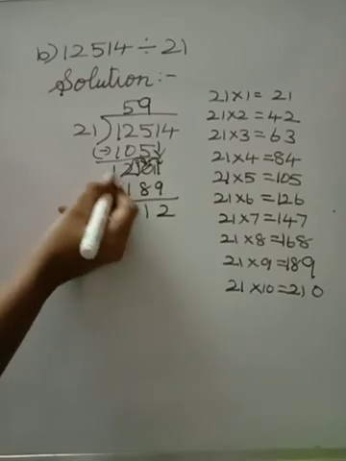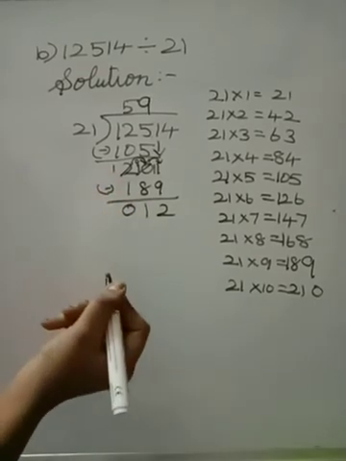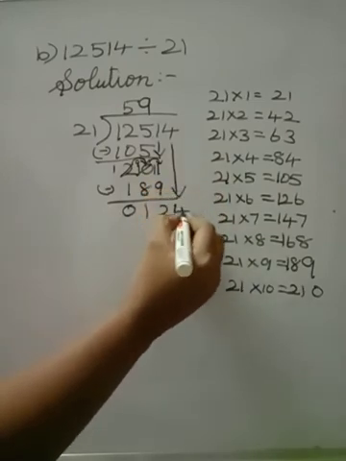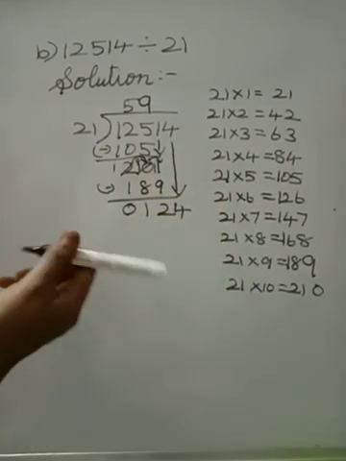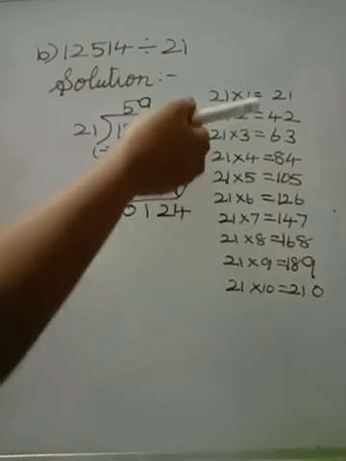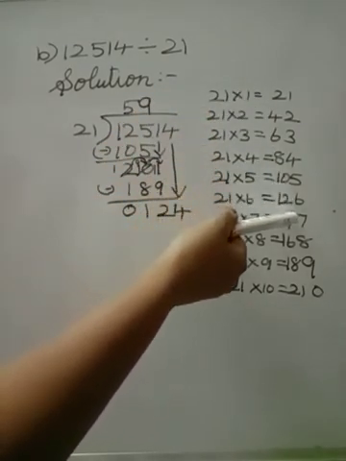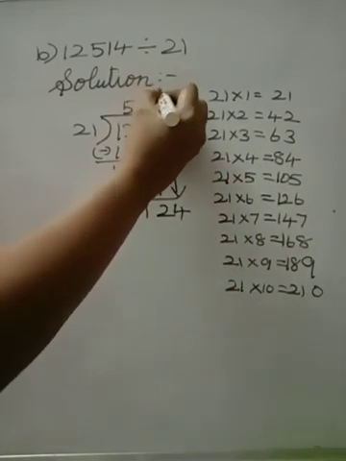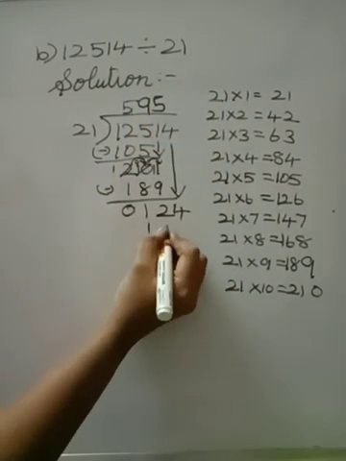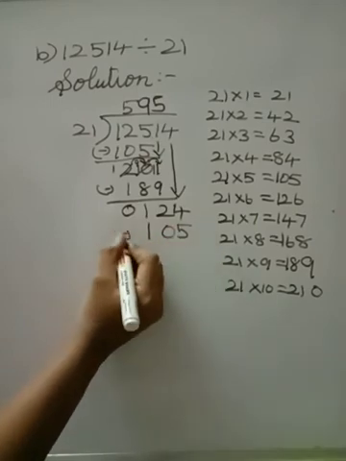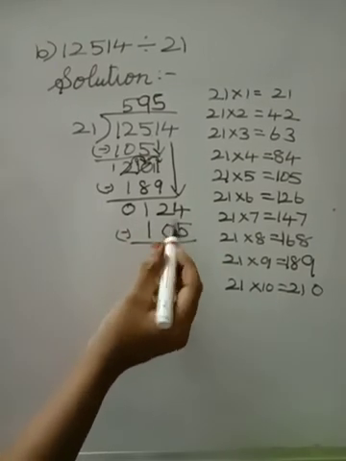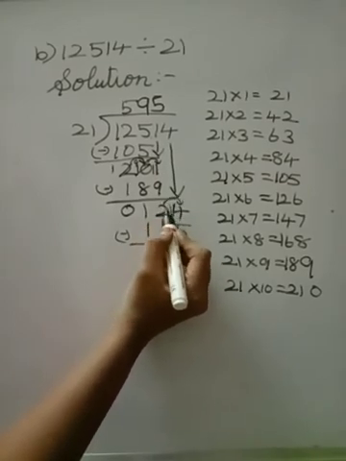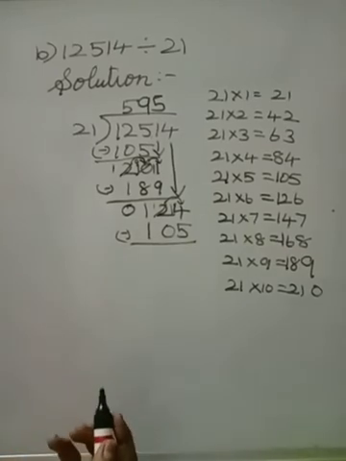The next is both the numbers are the same. So the answer is 0. Now we can bring the next number down. It is 4. So here we want to find 124. See here 124. No, 126 is the bigger number. So the nearest smaller number is 5 times 105. Now when you are subtracting, 4 is the smaller number. So borrow from the nearest place. 4 becomes 14 and 2 becomes 1.